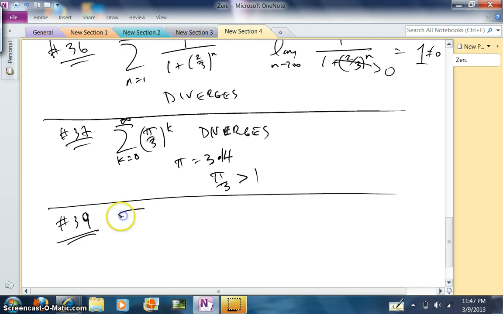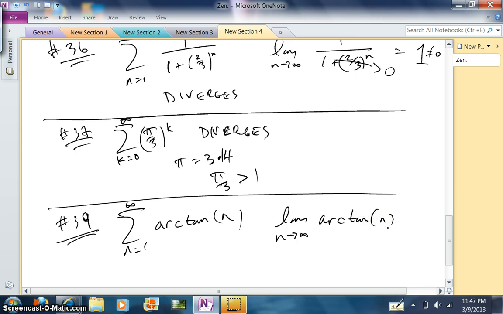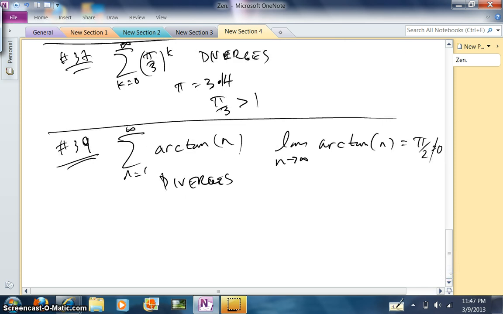Number 39, we have arctan of n. Put a little parentheses around that to emphasize it. n equals 1 to infinity. Let's take the limit. Limit as n goes to infinity of arctan of n. Well, this is pi over 2, which is not equal to 0, and so this diverges. Now you might be sitting there wondering, why is it pi over 2? Well,